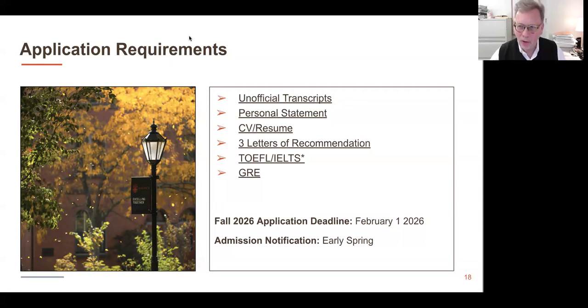It's really more autobiographical, putting together a history and a future trajectory: where you want to be and why this program is the right program for you. This is the program that will get you to your goals. Nothing more than that. Just clear, straightforward. Do not fret about this. Don't get anxious about it. Just sit down and write it in an afternoon. We're not looking for innovativeness or creativity. We're looking for people who are mature and serious about where they want to go professionally, and who will be focused, serious, mature students in this program.